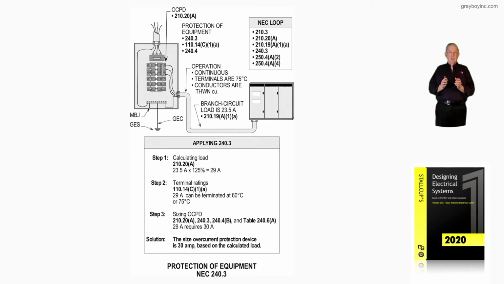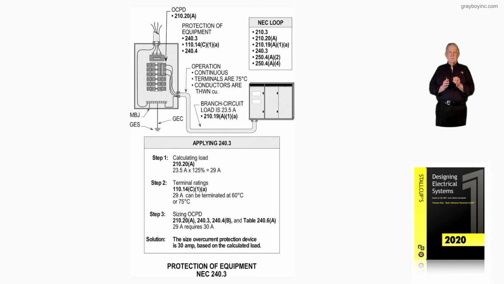In step 2, we could terminate it to a 60 degree C terminal or 75 at 29 by using a 30 amp device. And you'll have to excuse me because at first I said that was a 20 amp device. I misquoted that. It's 30. And then notice step 3, based upon 29 amps, we're rounding it up to 30. And we would use a number 10 conductor here. And then we have satisfied step 3,